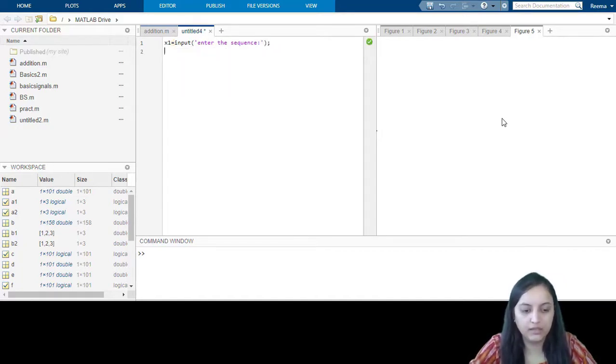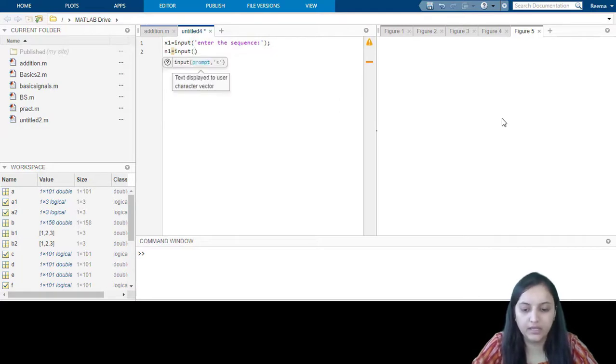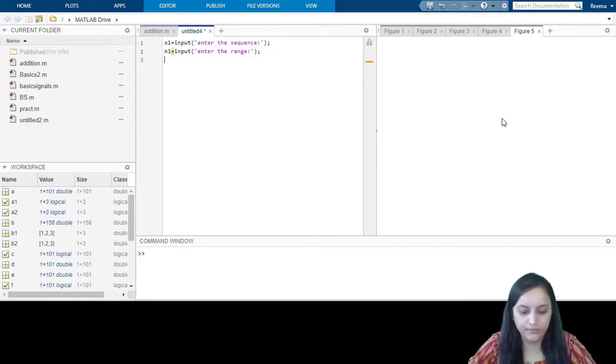Next is n1 equals input, enter the range, that means the range is to be entered by the user.